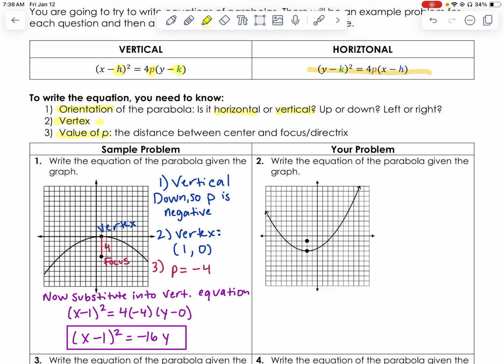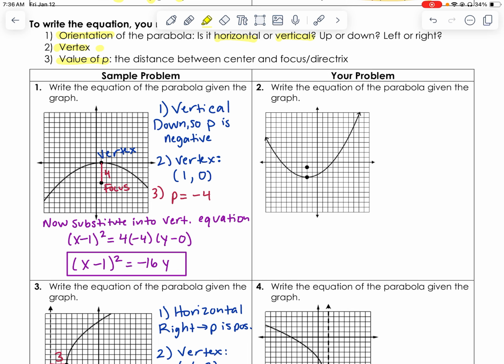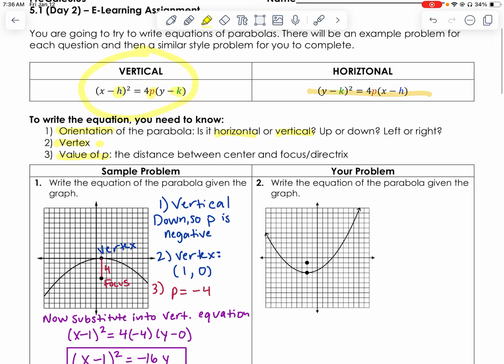We're going to use that from a graph by counting, and from points, we're also going to count by plotting between those points. So here's sample problem number 1. Write the equation of the parabola given a graph. So here's this graph, and you can already see I have my solution written, but I'm going to walk us through this. The first thing I look at is question 1, the orientation. You don't have to write all of this down, but you can just think through this. But this is vertical, and it's going down. So that means I'm going to use the vertical equation,